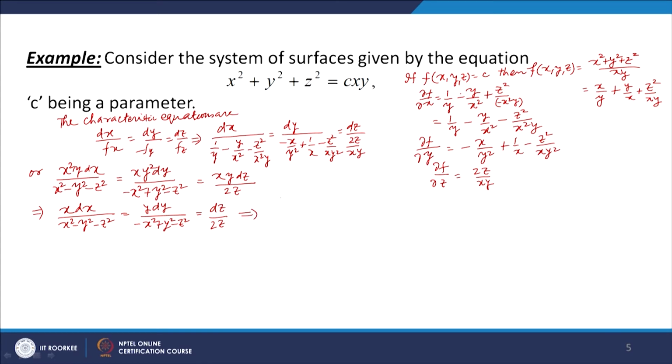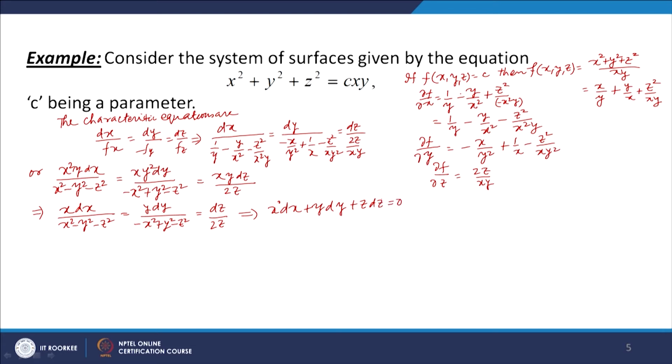We multiply in the numerator by x, here by y, here by z, we get, okay, we multiply here by 1, here by 1, and then add z times dz. So x dx plus y dy plus z dz